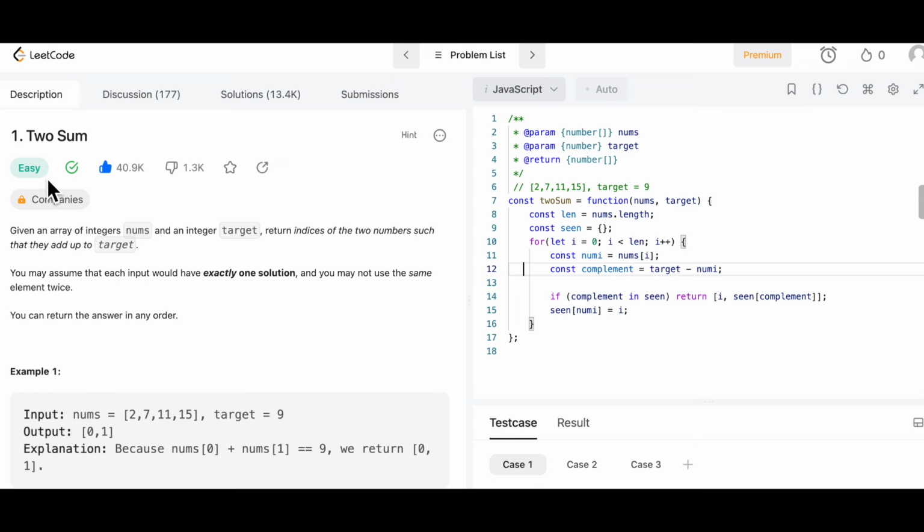Two-sum. This is an easy problem, and it is a problem that uses memoization. Given an array of integers, nums, and an integer target, return the indices of the two numbers such that they add up to target. All right. Two indices. You may assume that each input would have exactly one solution, and you may not use the same